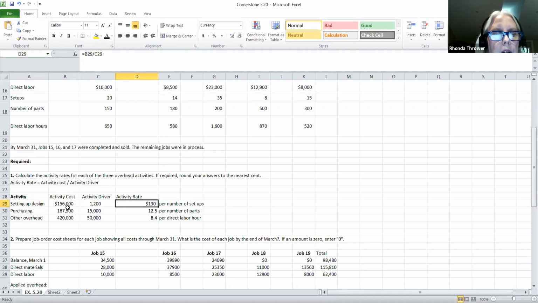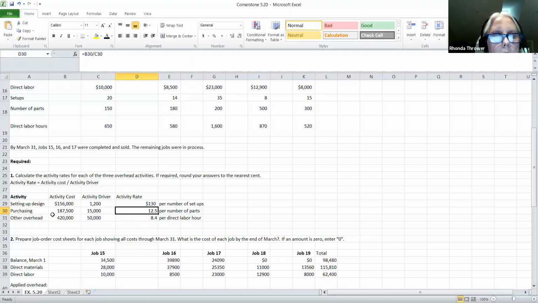So again, it's 156,000 divided by 1,200, which is the total activity driver for this activity during this period of time, which will give you $130 per setup. We also had a purchasing activity that we had to determine the activity rate. Again, the activity cost was given to us. We divide it by the total activity for purchasing, which was the number of parts. And when you divide that in, that will give you $12.50 as the activity rate per the number of